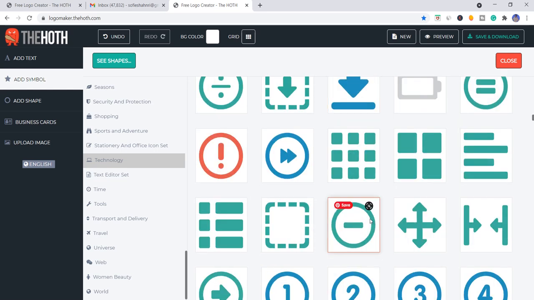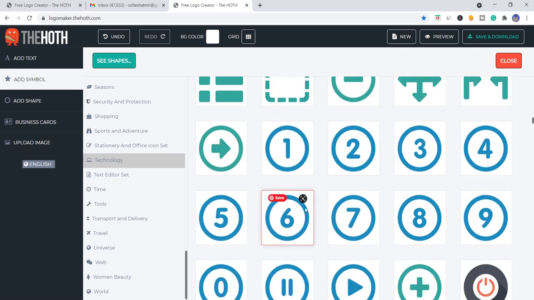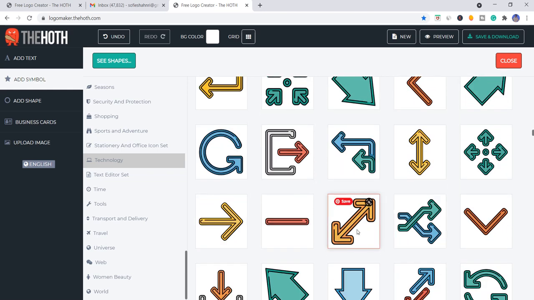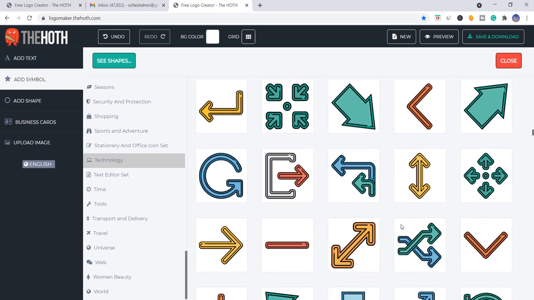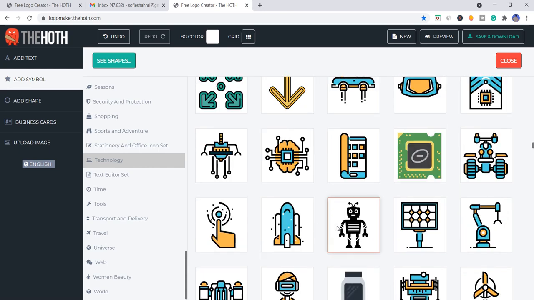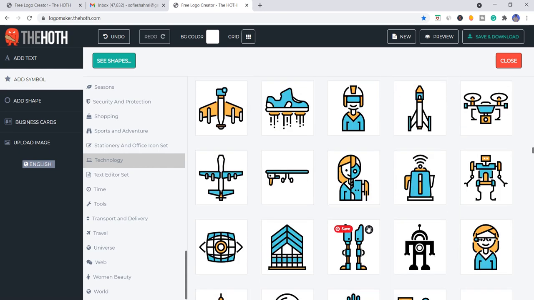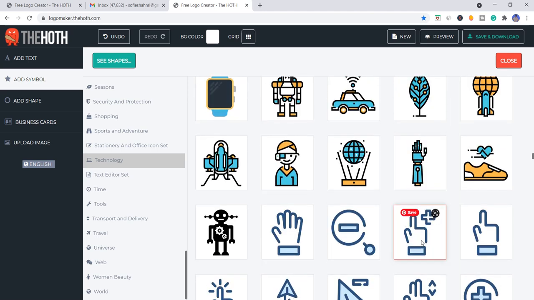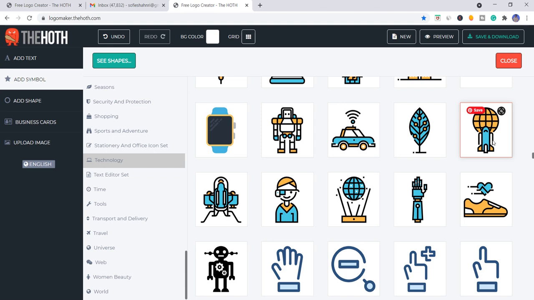Just check, there are so many symbols here in the logo maker which you can have, and you don't need to purchase this. All of these are free to use, so don't need to worry about it.